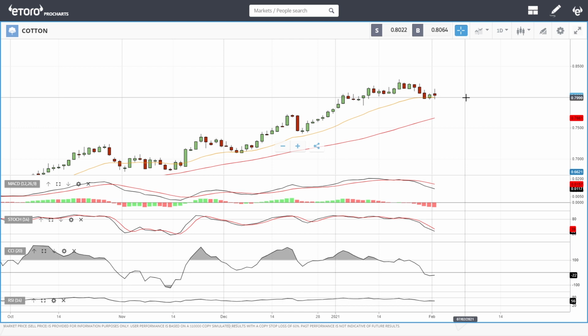So at this point, I think that our long-term target will be 0.85. This is basically where we're most likely going to head to. We have been bouncing off the 20 exponential, and then it'll just go higher and higher from here. A break below here opens the door to the 50, and that would be absolutely enormous support. So let's look at cocoa.